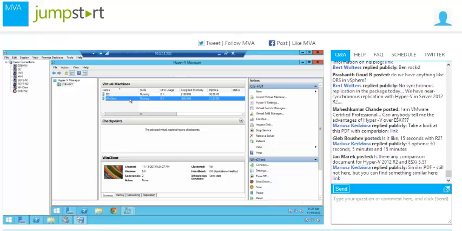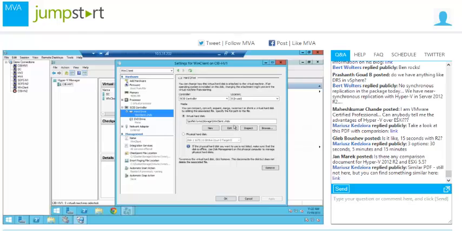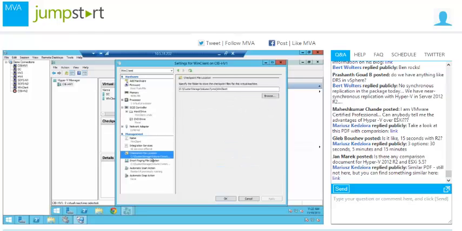By applying that checkpoint, I'm saying this is the version of the VM that I actually want to be running. It's going to prompt me and say, hey, you're going to apply a checkpoint. If you do, the way it is now, this VM is going to get removed from the path. Do you want to take another checkpoint? Or do you just want to apply the actual checkpoint? I'm going to choose not to take the checkpoint and apply it, just to show what it does. The VM itself is still running on the local storage of the cluster,